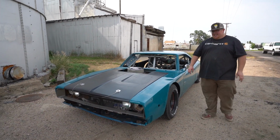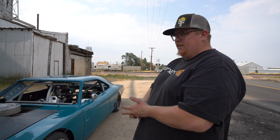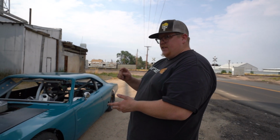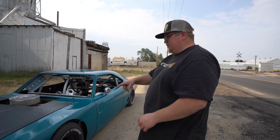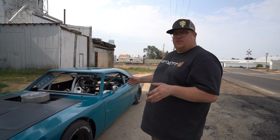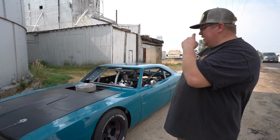So what you're looking at is a 1968 Charger body sitting on a late 90s, early 2000s Port City race cars chassis. It was a Southwest Tour Nascar pavement perimeter car. So the chassis was pretty cool. I bought it complete, minus motor and transmission. With my plan here, it worked out quite nicely with no motor or transmission, allowing me to put a Mopar in it, so it's got a 1970 383 HP motor in it,